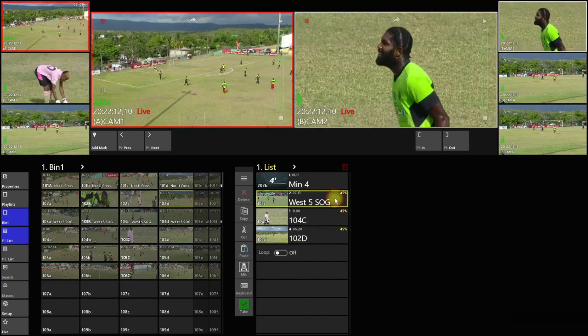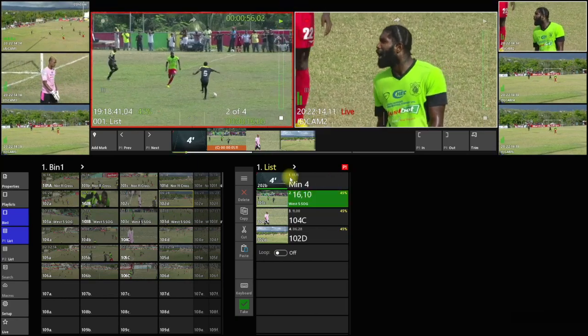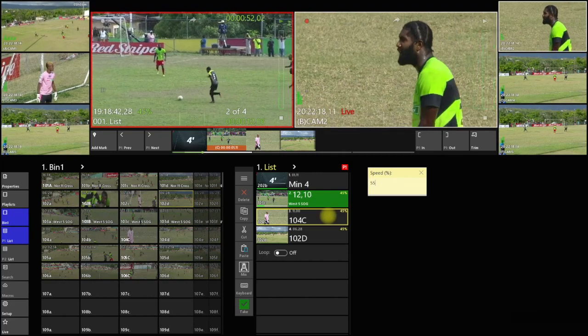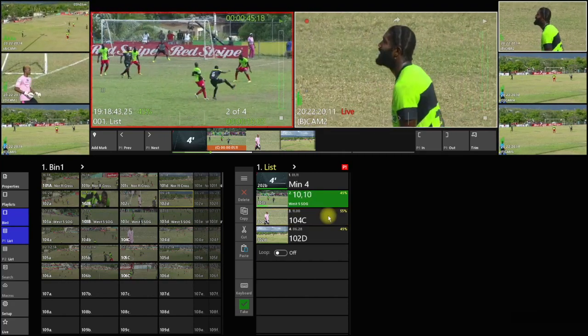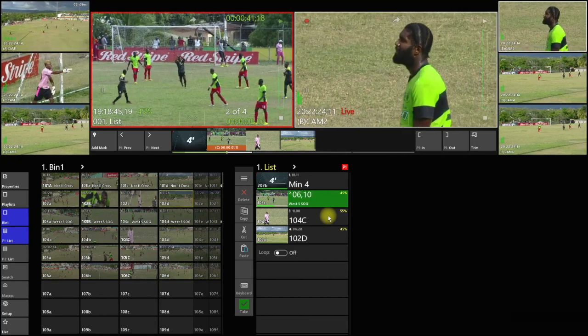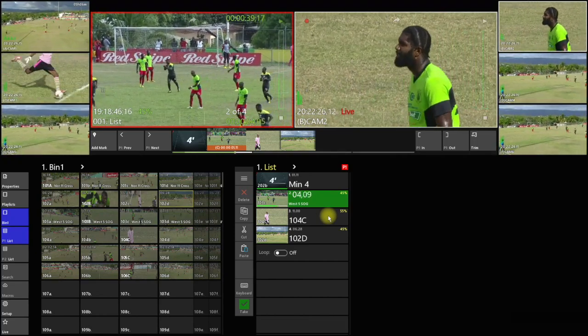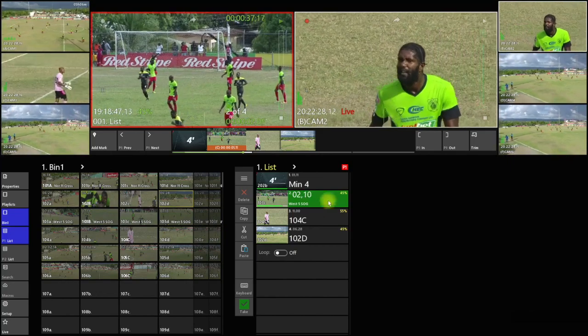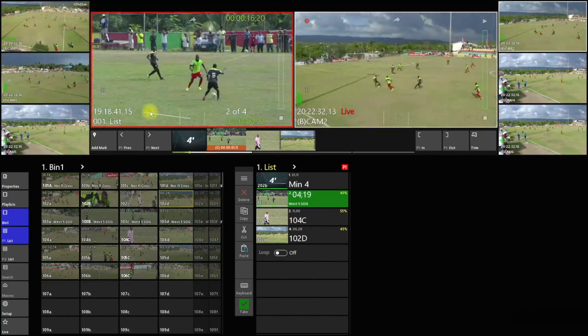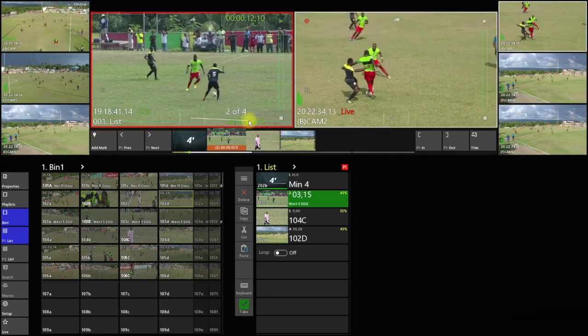What's really nice is that even while the playlist is playing, we can go ahead and select a clip and change it while the playlist is playing. And once that clip gets to the point where it's going to be played, it'll actually play back at that speed. So this is fantastic. The fact that it speeds up and really gets me to where I need to go at a much faster rate. Now, one other thing to choose as well is